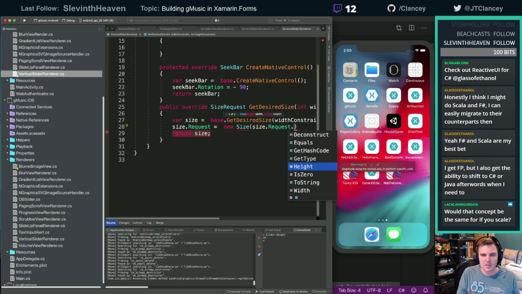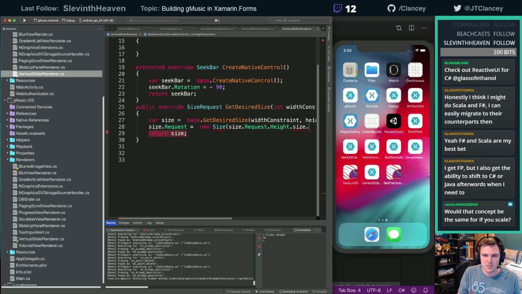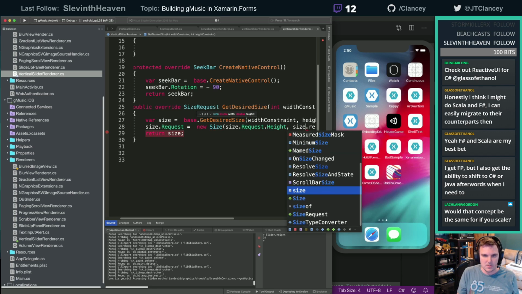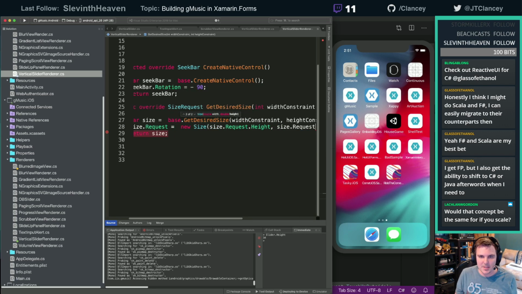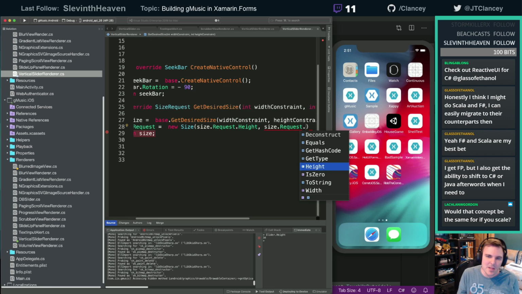Request.Height, Size.Request. What's going on with this? What, Chase? I told him he could have a lollipop. I am trying to work. Please let me work, okay? Thank you. And then they all decide to tell on each other when they see someone else getting something. See what you started by saying give him the lollipop?